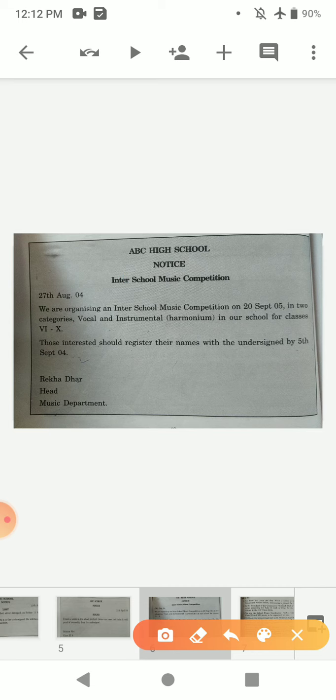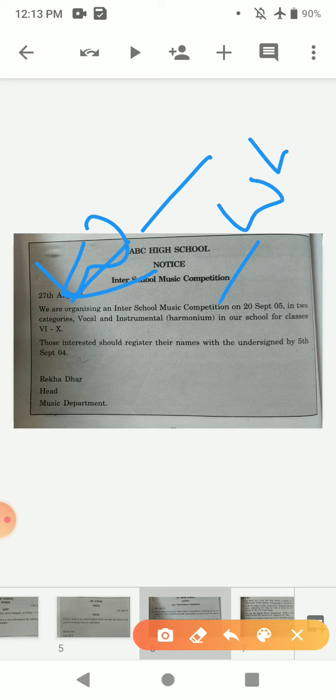So what the notice is about, what is going to happen, so the "what" is being answered here. And then on 20th September, when. As I already told you, if the notice is for any event, then the location or the venue, and the time must be mentioned. So what the notice is about: this is about an inter-school music competition, when it is going to be organized